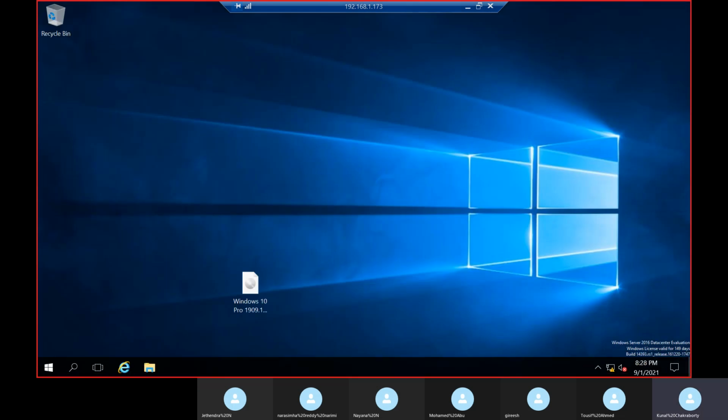So it's just a simple concept, no need to get confused. It's just a feature with the help of which you can virtualize your system, and also you can provide services. That is what Hyper-V is.